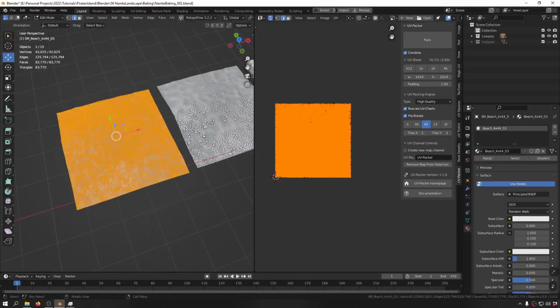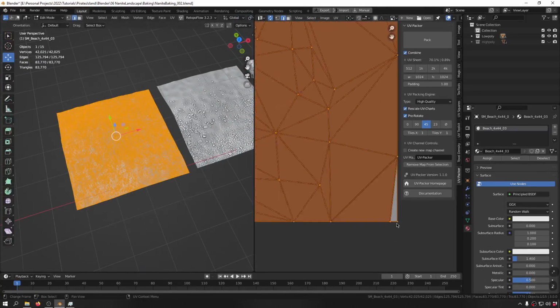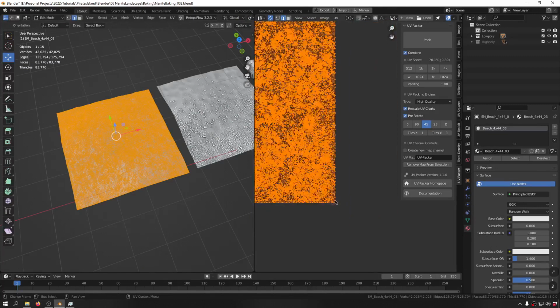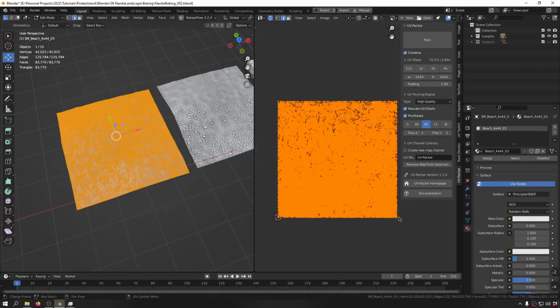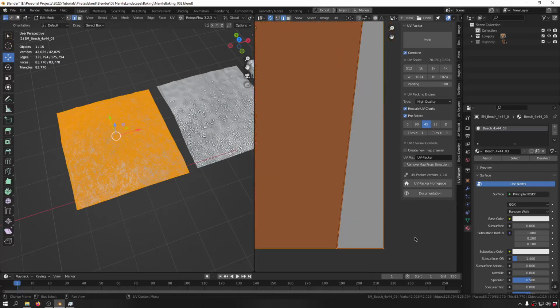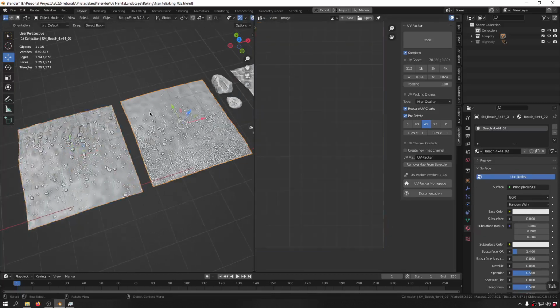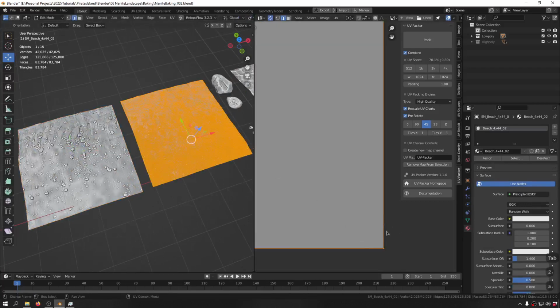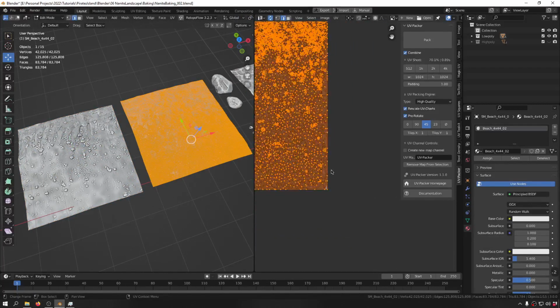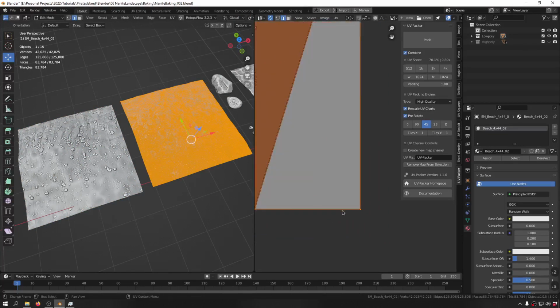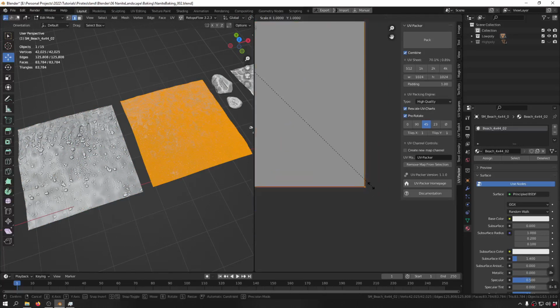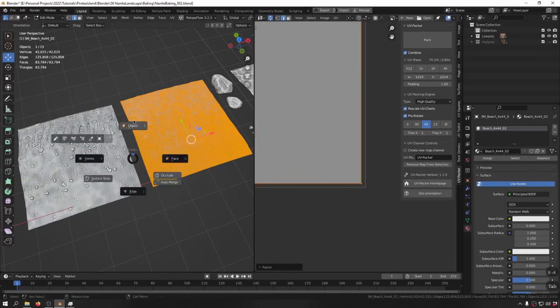For this one, I believe the UVs are alright here. The UVs are in 0 to 1 UV space. But to make sure that everything is alright, I'm taking all of them and scale them in the center just a bit to give it a bit of buffer zone. Okay, it's done. For this one as well, let's take all of them and it's alright as well. I'm going to only give it a bit of buffer zone